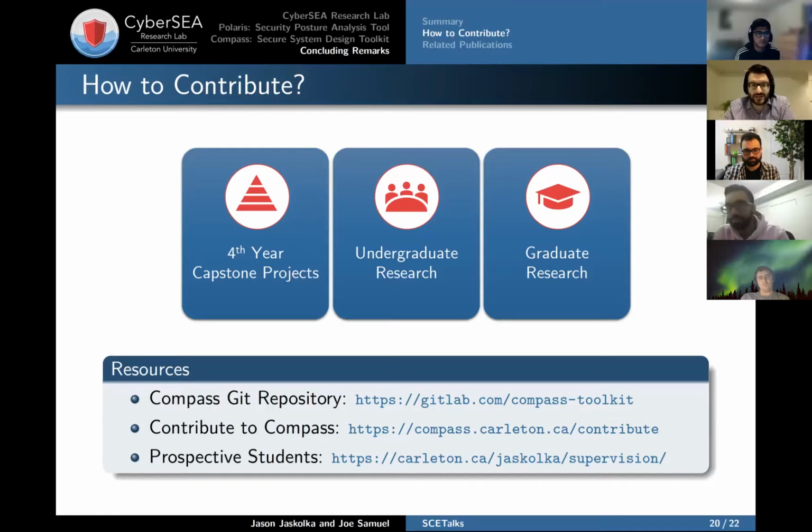So if you're interested in these kinds of tools and in developing and solving these challenges to help designers and architects build more secure software, then get in touch with us, because I think there's lots to be done in this space. What we're really aiming to do is grow this toolkit.